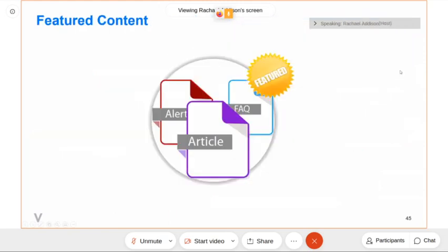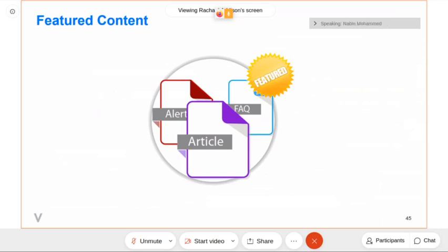One of the other elements when we're creating content that's important or is commonly used is the featured ability. So when we're creating content, one of the options that we have available is to mark it as featured, and this means that it will appear separately in some filtering and can be considered as top or important information. When it's searched for, or if any keywords are used, if it's been marked as featured, it will appear higher